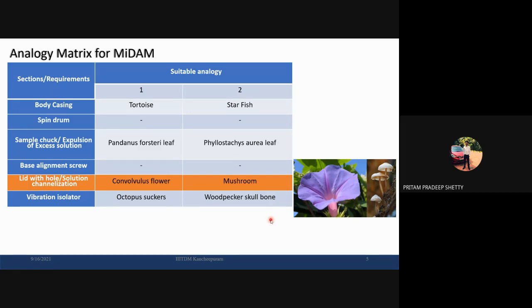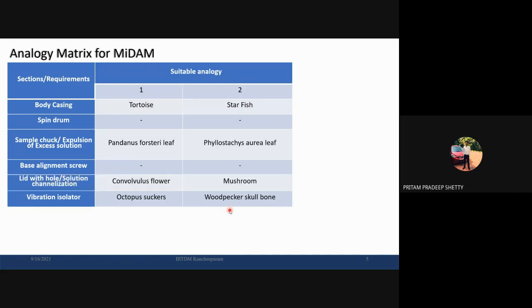But we can also consider a mushroom shape over the lid. I know some of you may be confused about what I'm speaking, but once you see the design, you will understand. For the mushroom design, we have to make a lid and make a tube-like structure to allow the flow of solution. But we didn't find it a good option because it's difficult to clean this channel. But this is an open channel, right? So this is easier to clean the lid. So we chose this one.